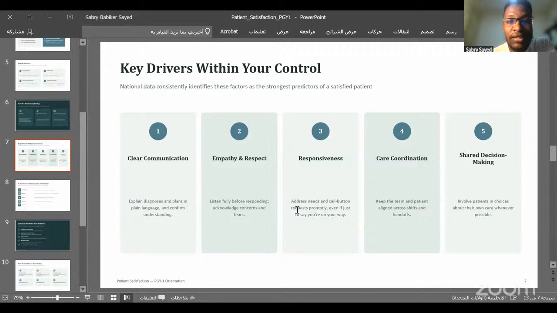The first one is clear communication. Explain the diagnosis to the patient. Explain to the patient what you are going to do, starting from the beginning. First, you have to introduce yourself, taking the WIPER approach. If you remember from the earlier reference: washing your hands, introducing yourself to the patient, taking permission, ensuring the patient's privacy, exposing the patient appropriately only for the part you are going to examine, explaining what you are going to do for the patient, and so on. So all of this is considered part of clear communication.